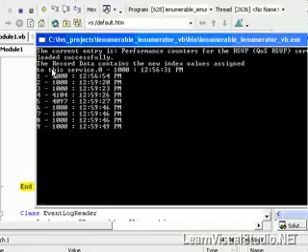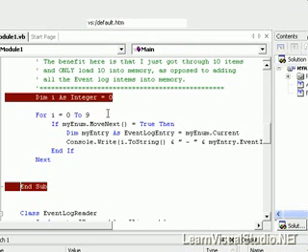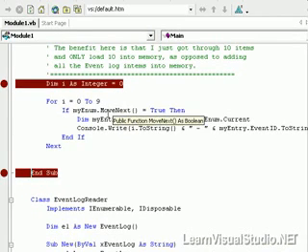This technique is very useful whenever you need to control how your collections are going to get their information. If you choose to do it only on an ad hoc basis, this is the route that you want to go. I hope that this video was beneficial, that you enjoyed it, and that you learned a little bit more about what goes on behind the scenes as classes begin to